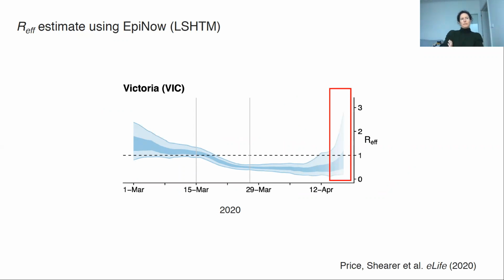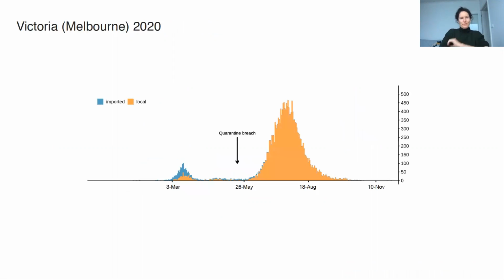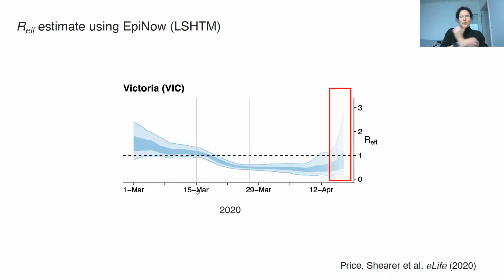So when we were doing situational assessment, we had a number of challenges in relation to our epidemiology. The first, which I won't talk about, was estimating things like the effective reproduction number with a large portion of our cases being imported. But the other challenge was we started using the EpiNow package, kindly provided by LSHTM, in March 2020. Of course, this was working well for us while there were cases.